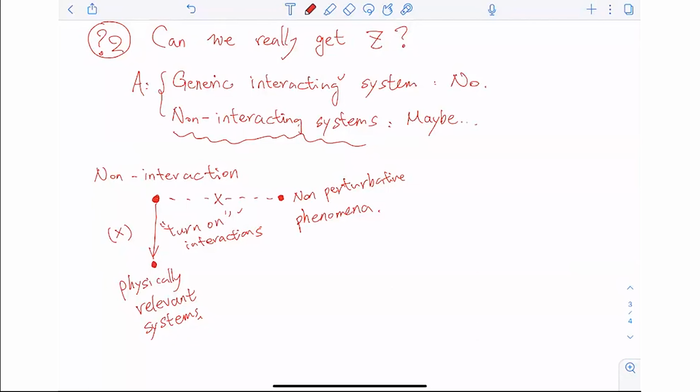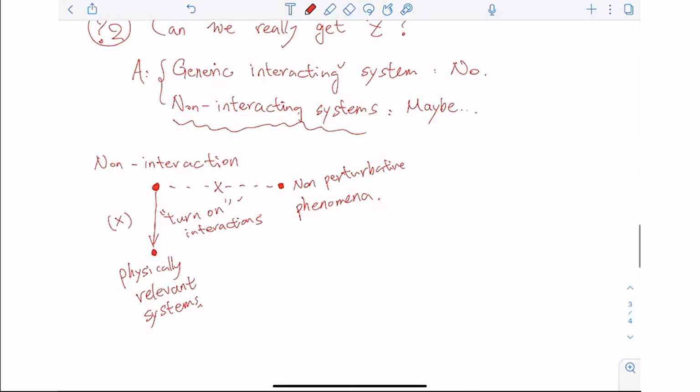So maybe it makes sense to give some example. For example,